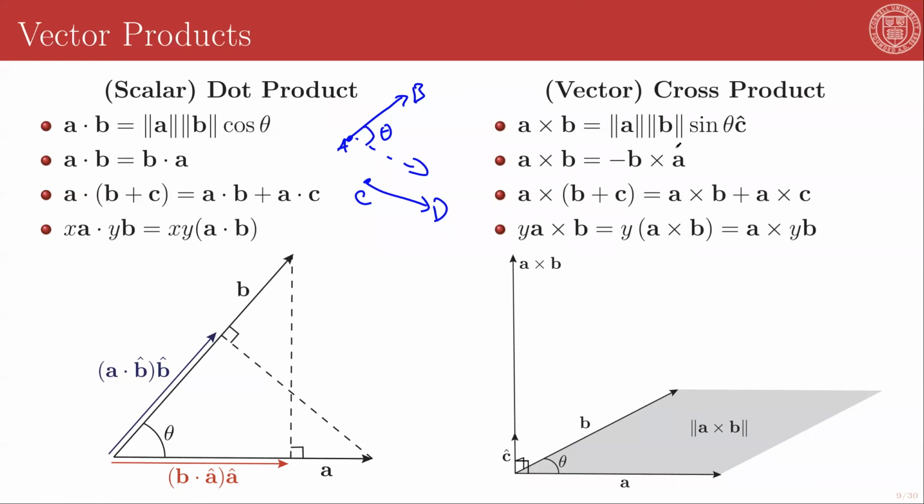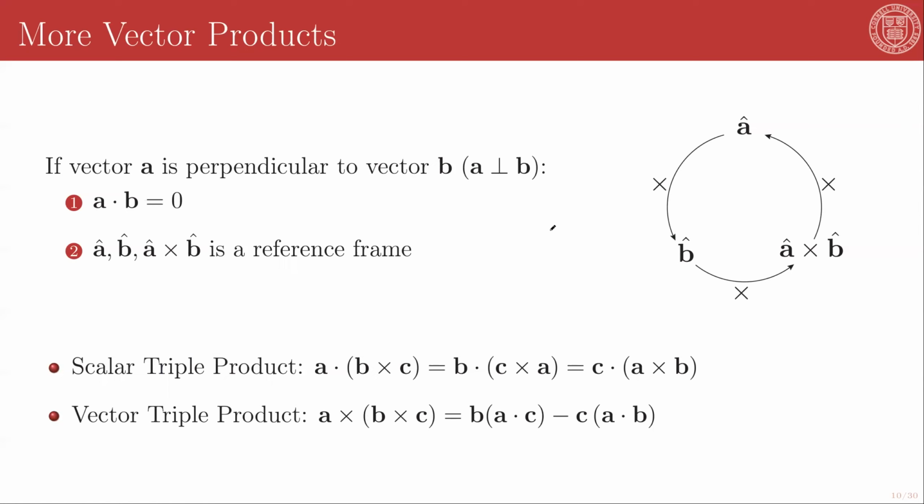you may recognize from geometry, is the area of the parallelogram formed by the two edges A and B. And so this shaded region here will have magnitude of A cross B. And the vector A cross B will be this magnitude in the c hat direction, in the direction that is orthogonal to this plane. This is incredibly useful because this folds back into our understanding of the Euclidean basis, of